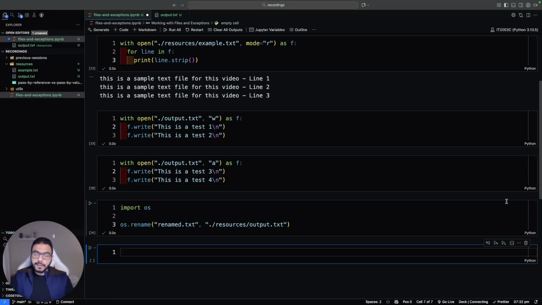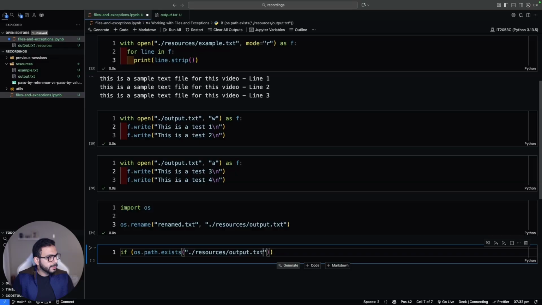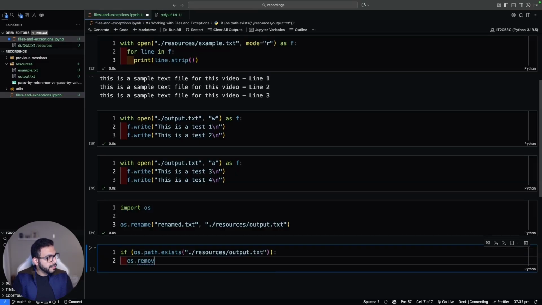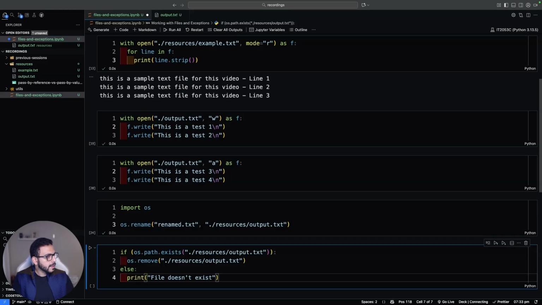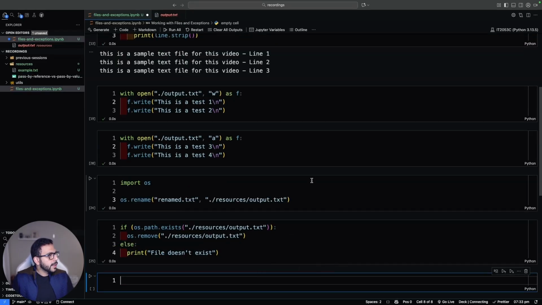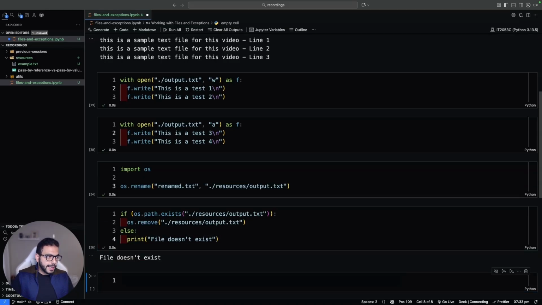Then finally, we're able to delete files. So first I'm going to check if the file exists. So I'll say if os.path.exists, and the path that I'm looking for here is going to be resources/output.txt. If it does exist, then we want you to call os.remove(file_path). Otherwise, we just want you to print out that the file does not exist. If we run it, there we go, the file goes away. Let me just close it from here. And if I try to execute that same cell again, we get the error or the text that basically says